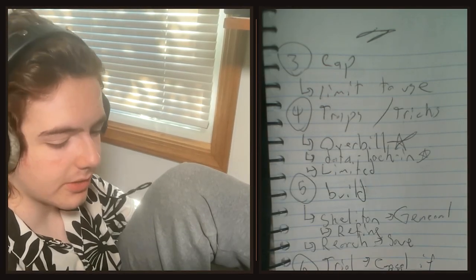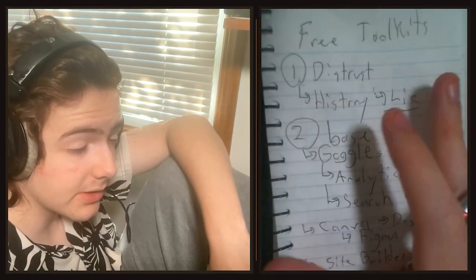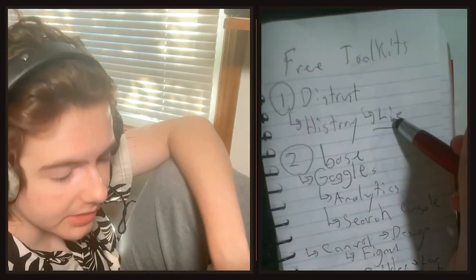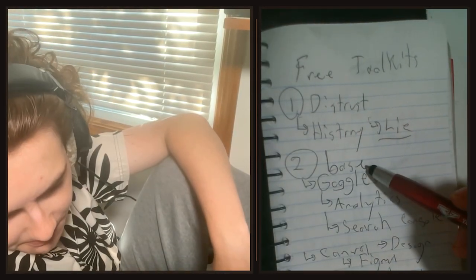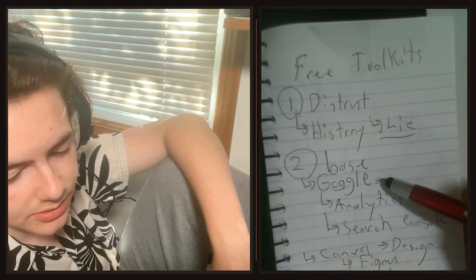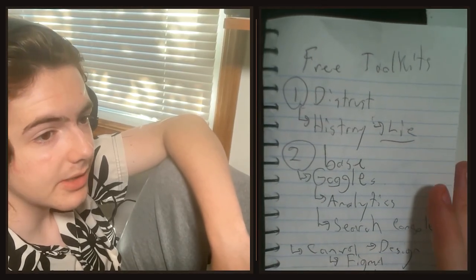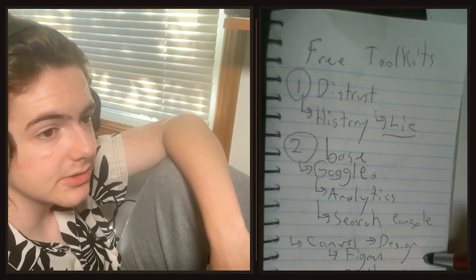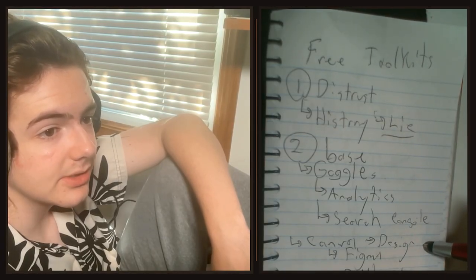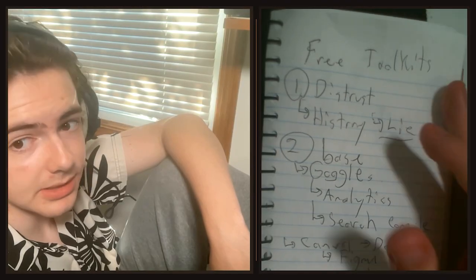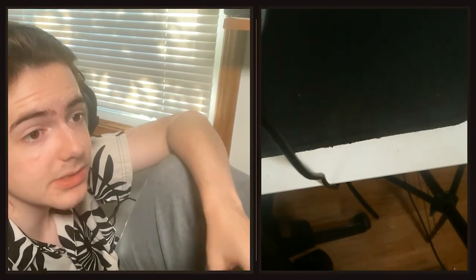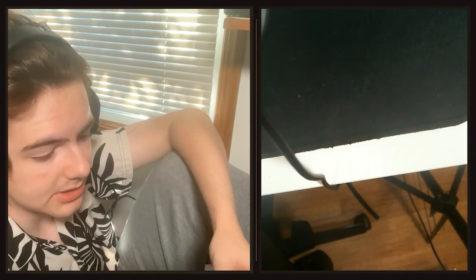So let's do a quick recap. Let's start at the beginning here, and let's focus on these free toolkits. The first thing, why do we distrust it? Well, our history is they lie to us. That free is a lie most of the time. So the base, like a good foundation, is to use Google Analytics and Search Console, right? But not only use the Search Console, also use a design tool. It's either Canva or Figma. And then after that, you want to look at the site builders. Site builders sometimes say free, most of the time they're not, especially if they're hosting as well. You just got to look out for that.